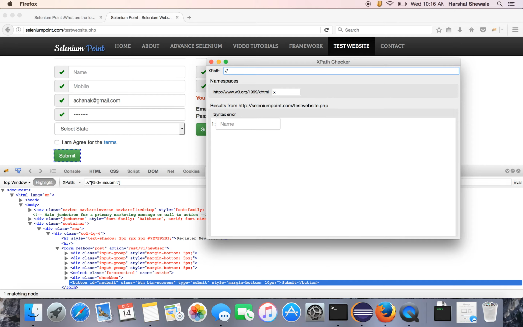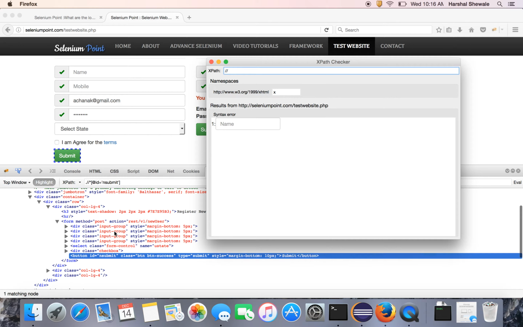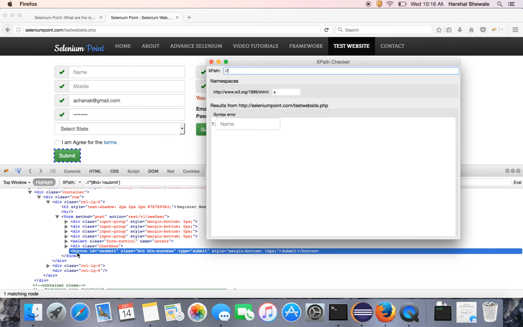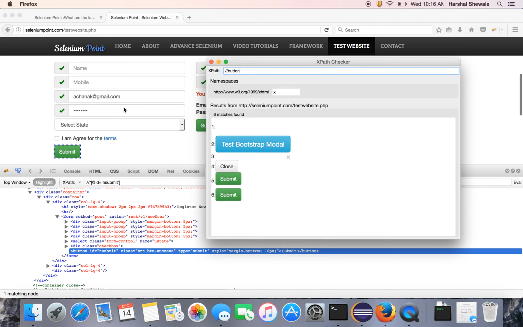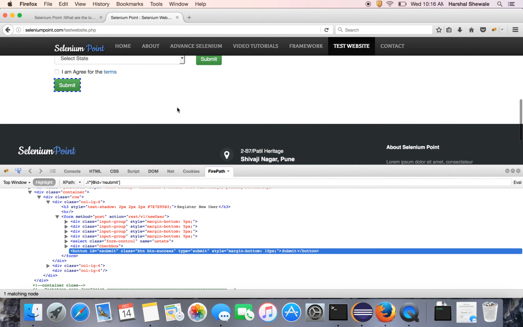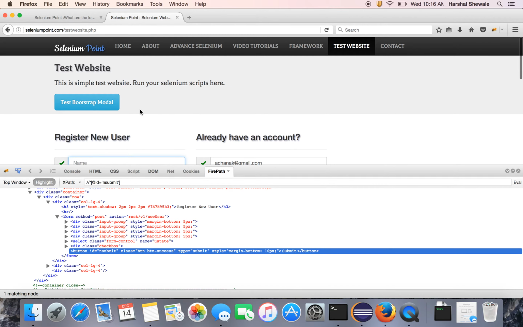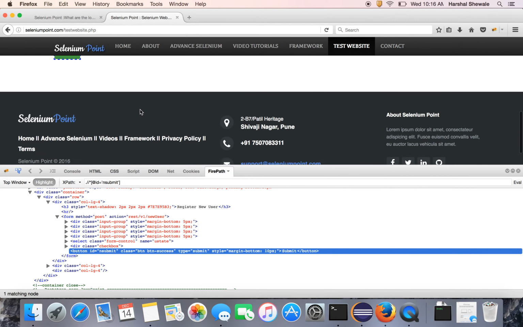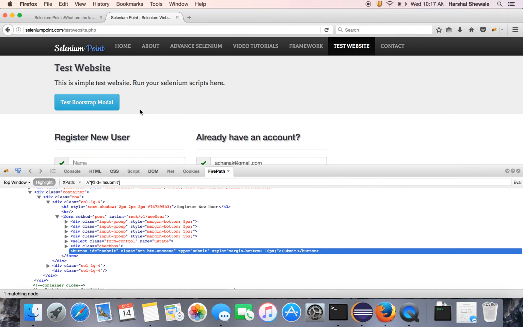So relative XPath starts with a double slash. You have to identify the XPath of this submit button. Just start with the double slash, and the button has the tag button. So just type button. It will show you all the buttons on the web page. See, in this web page we have 4 buttons: 1, 2, 3. The fourth one is